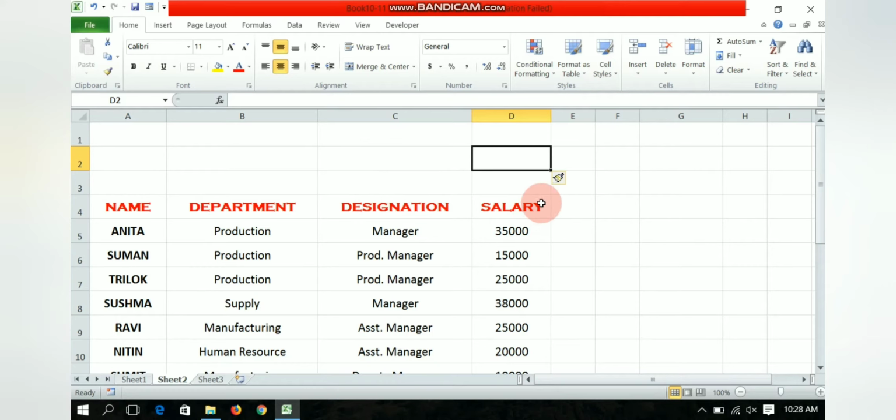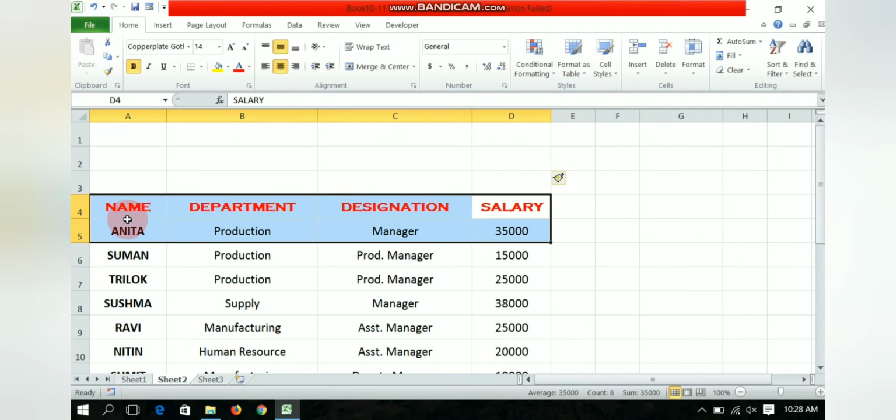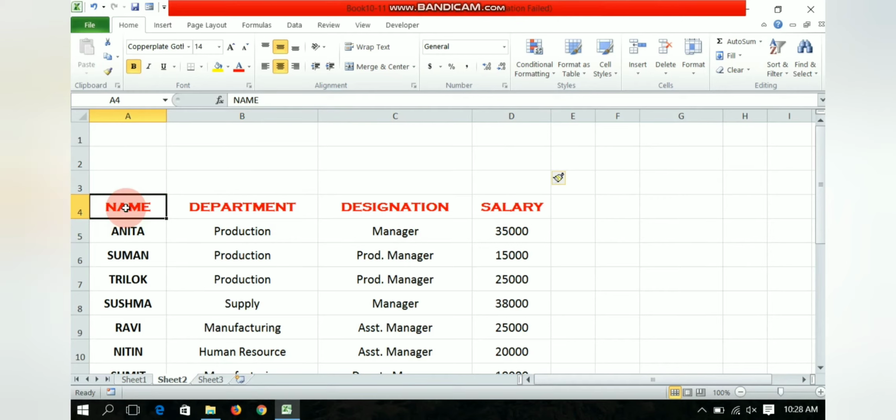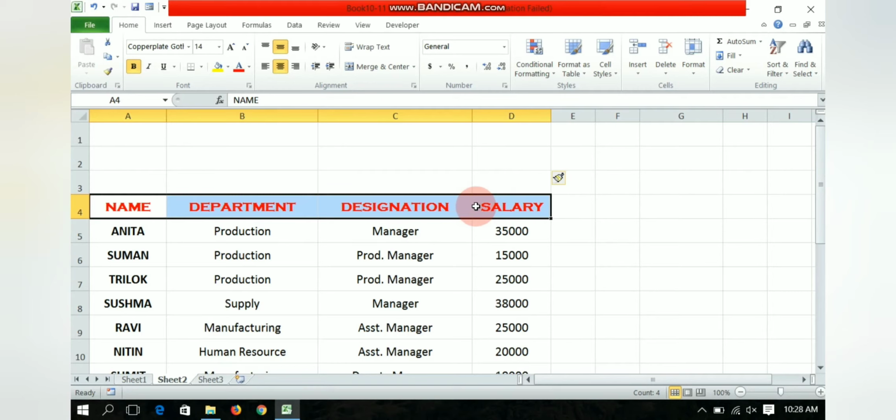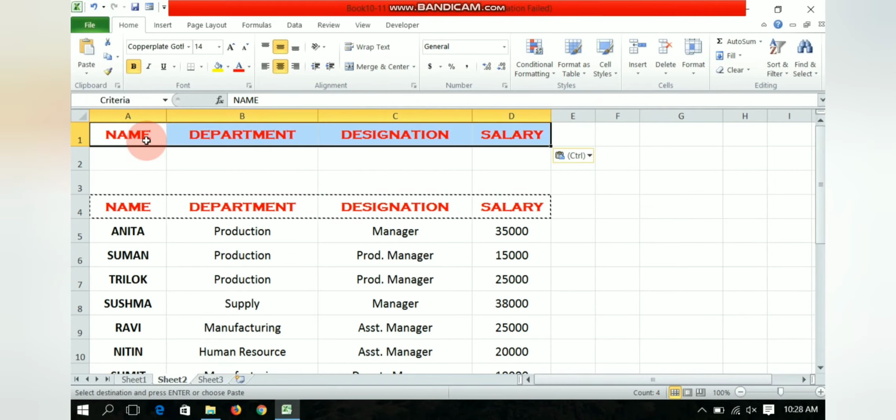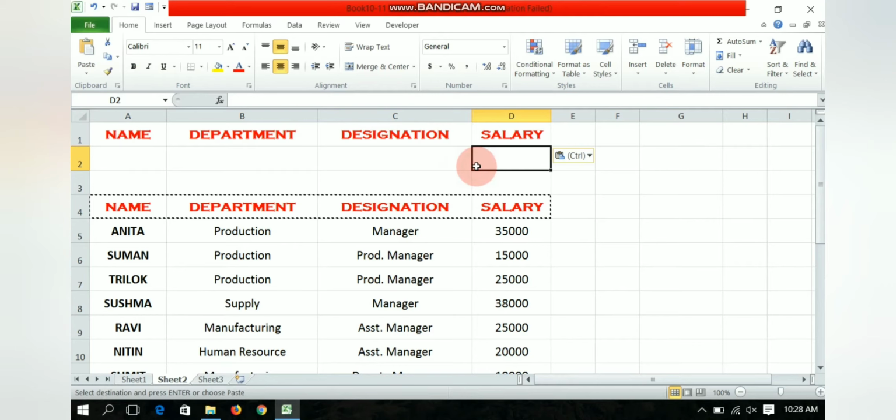So what next? We will just select the name field by dragging the mouse and Control plus C, copy, and here we will paste it, Control plus V, and after that we will set our criteria.